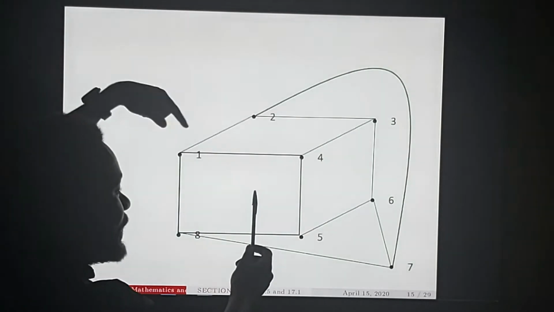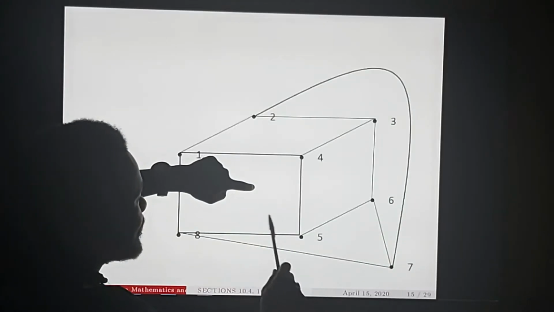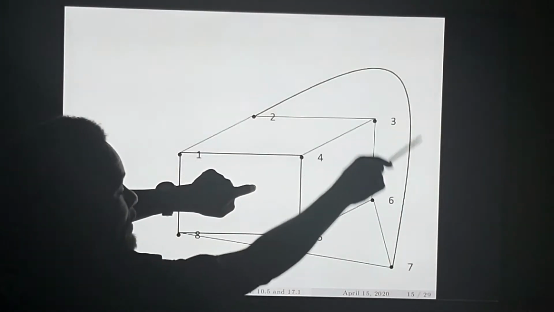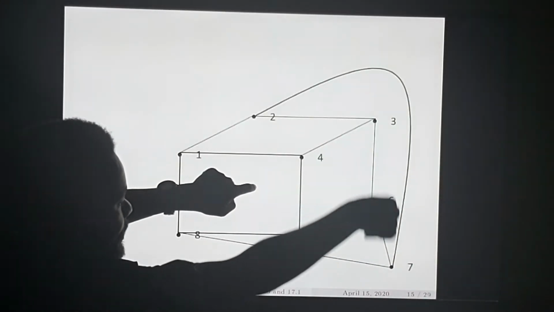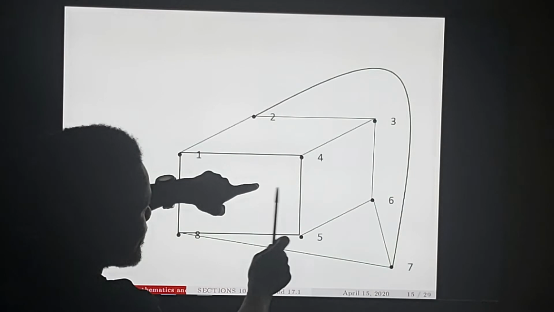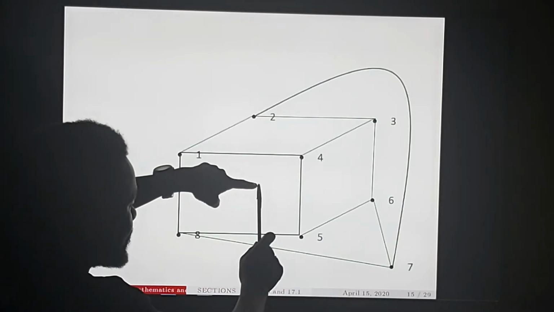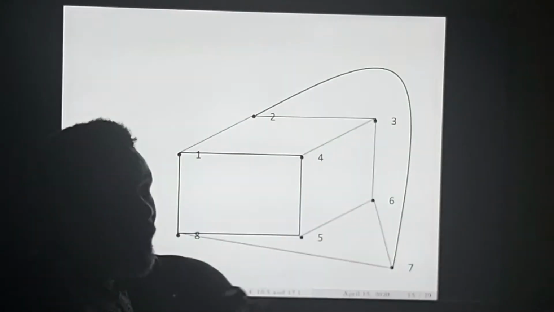We had 7 here. And then 7 was connected to 2. So this is a vertex. There's nothing wrong with the vertices being curved, edges being curved. And then we connected 7 to 6. This is it. And then 7 to 8, this is it. And this graph is now planar.